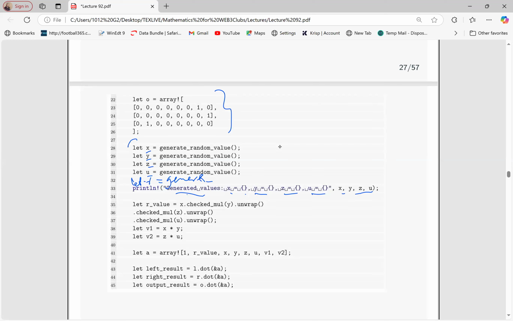Remember, this part was not in the first code. You can add it in the first code also if you wanted to generate values up to this part. It was not there. Now, after you've input your R, L, and O, and then the witness, supposing this guy has given you a witness,